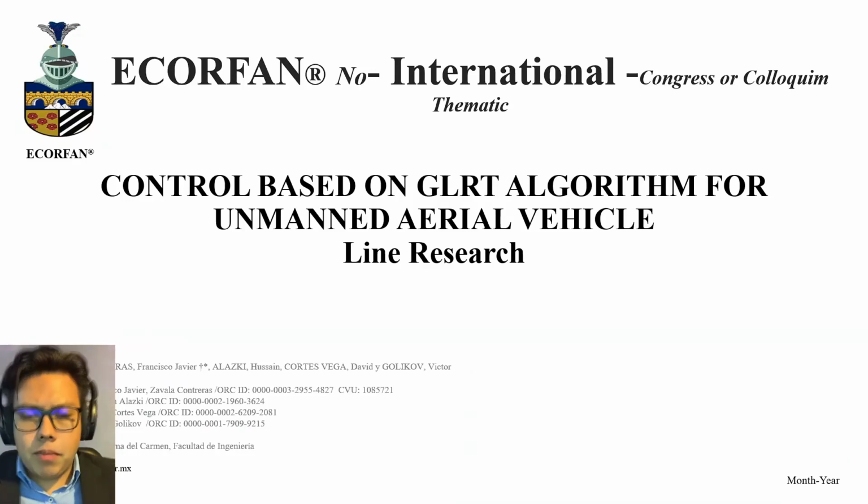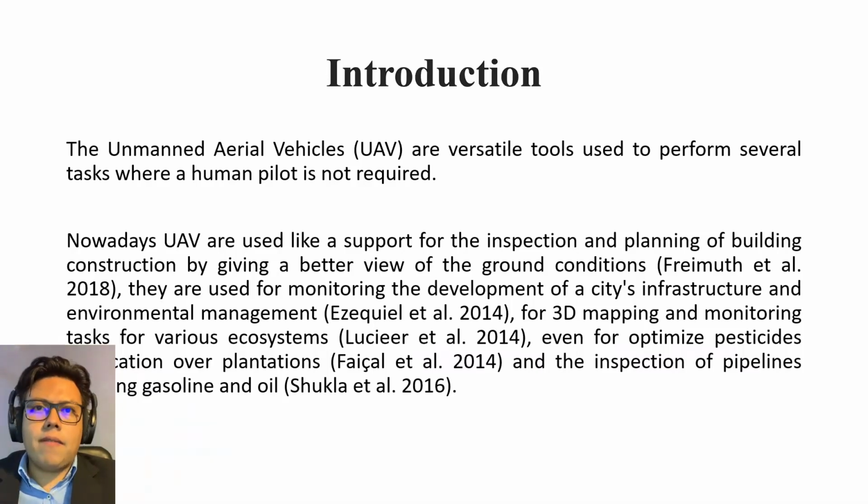Unmanned aerial vehicles, also known as UAVs, are versatile tools used to perform several tasks where a human pilot is not required. Nowadays, UAVs are used to support building construction and give a better view of the ground. A lot of videos can be recorded while these devices are flying through the building or through the sky. The city development can also be visualized. Speaking of this, the expansion of the pipelines carrying gasoline and oil is another great task to be done by